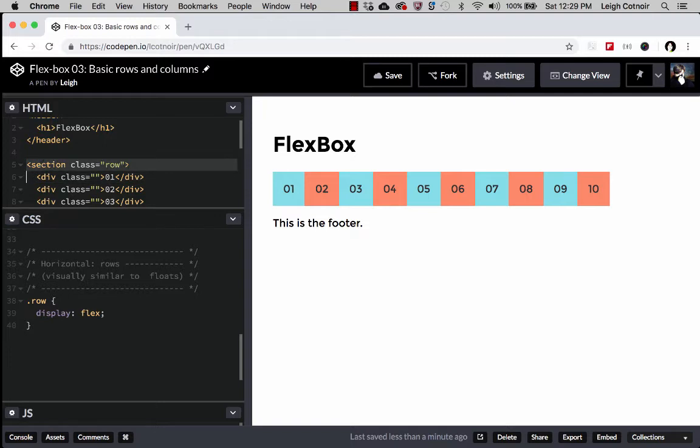Because we told this row, this class of row, to be display flex. And so that turns each of its children into flexible targets, all right? And it will make all of those children follow the flex model. Now, if you want to better understand what's happening, we can go up here and we can say